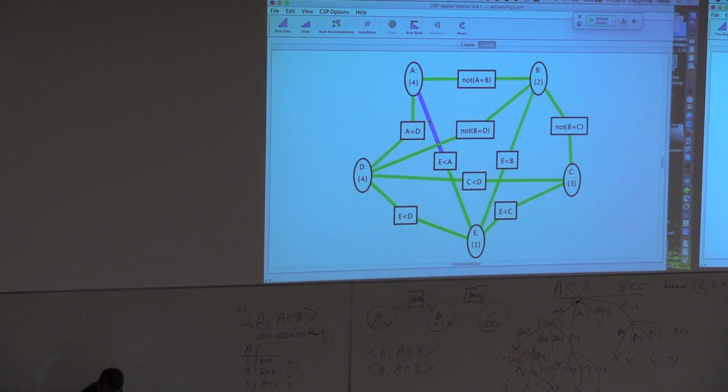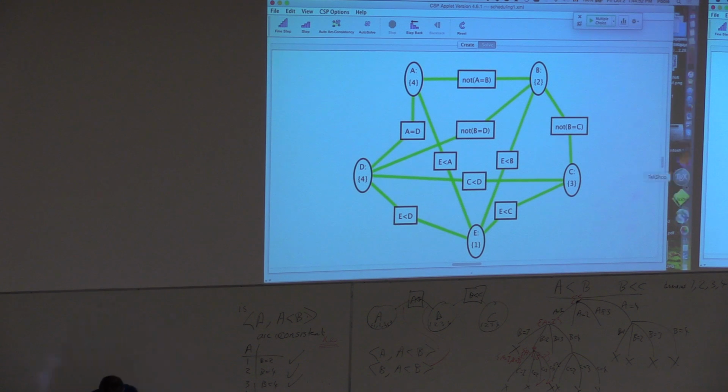All right? Does it make sense what the algorithm is doing? It doesn't matter which order you do it. There's just all these to-do arcs, and we're just going to visit each one of them in turn, and it's going to start pruning. Yes? How does it know it has to revisit some arcs? All right. So how does it choose which ones to? It revisits all of the arcs.